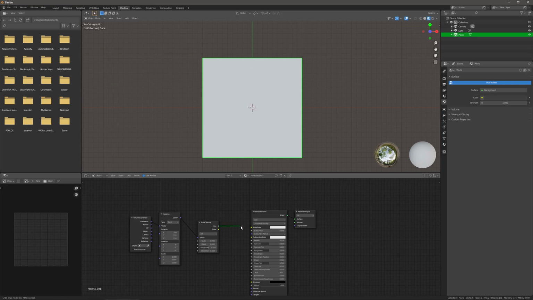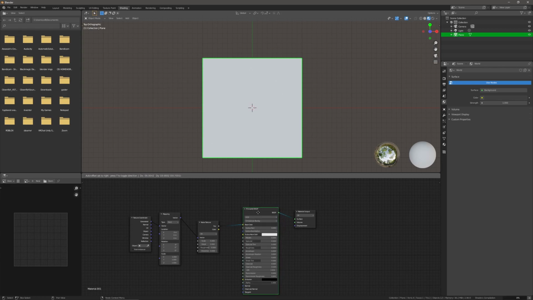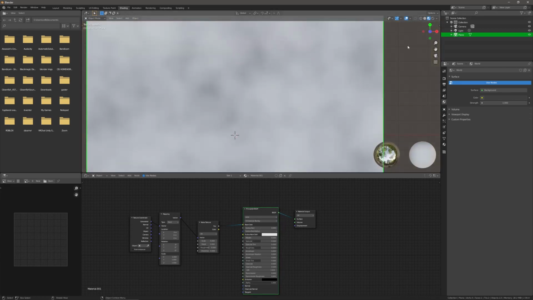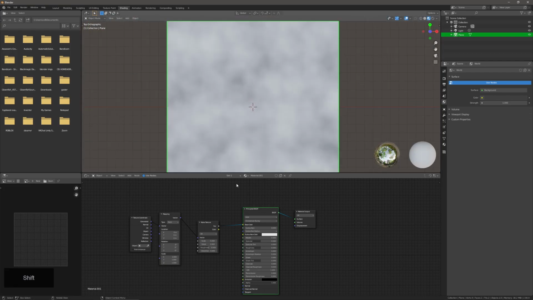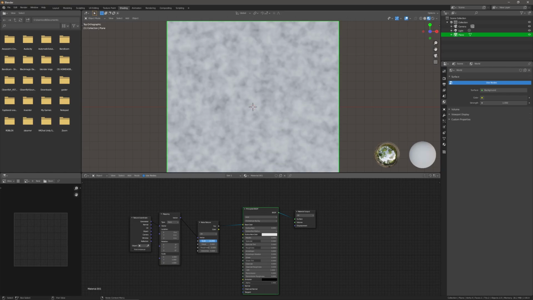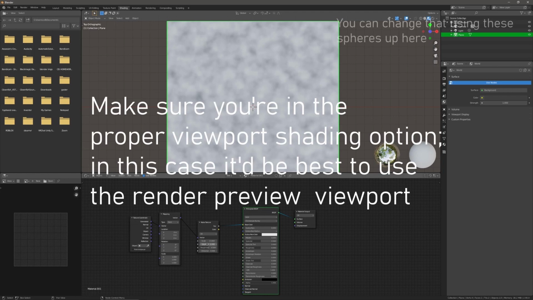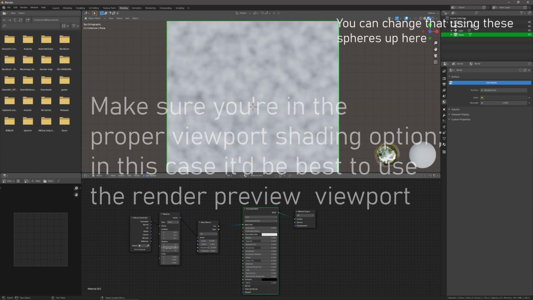And then we're just going to plug this factor in from the noise texture into the shader, and then we're going to get our noise, as you can see there. Now that we can see our noise, we can start manipulating it with our noise texture node here. It works in a similar fashion to Paint.net, except you have more customizability in Blender.